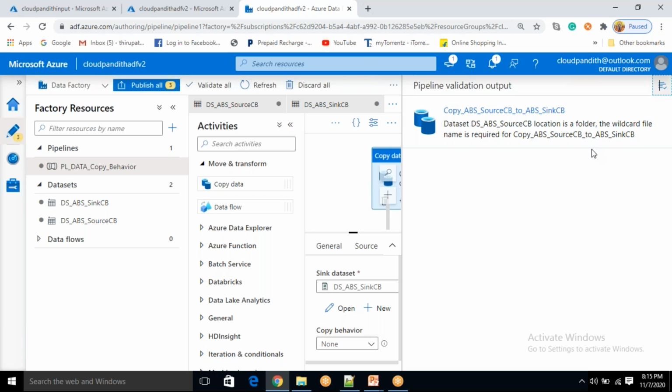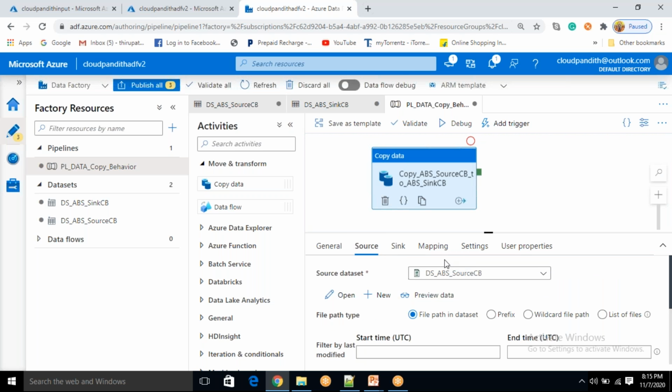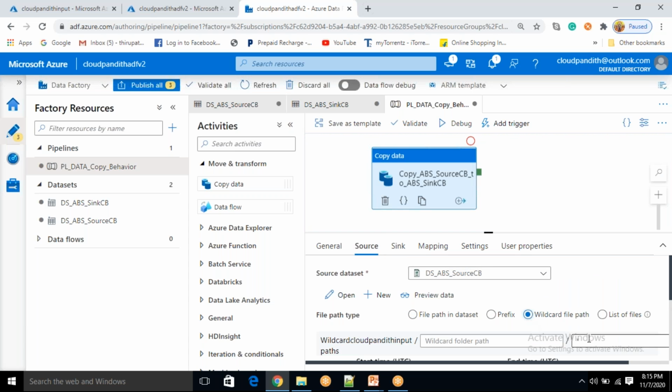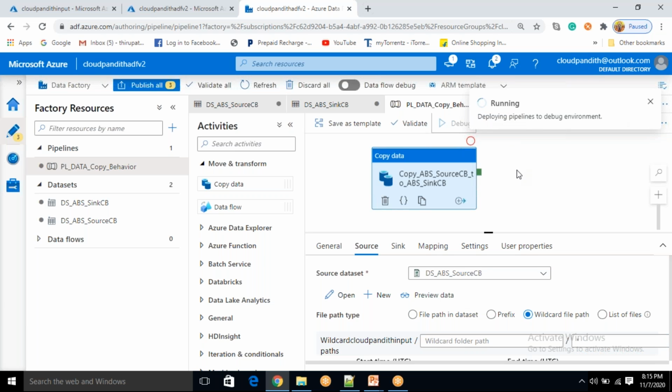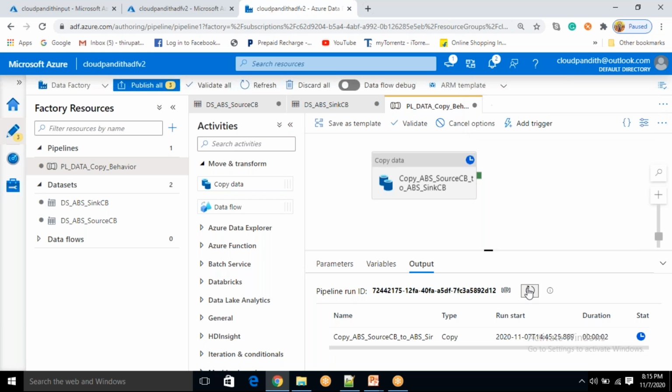So what we are trying to do is copy all the files which we have in this source data set. Then you need to tell whether you want to pick everything or only CSV files. I am saying star; star means everything I want to pick from my source. This is also mandatory because you selected up to the folder, so you need to give the star. Now click debug and you see it is running.